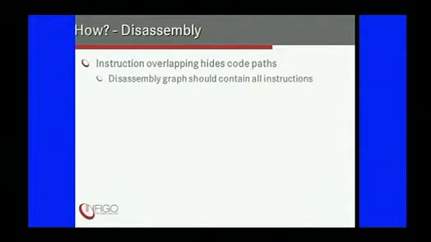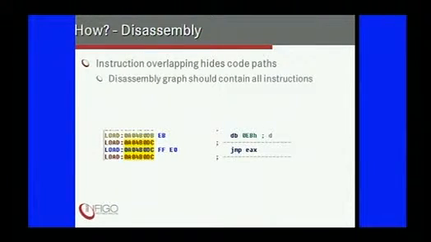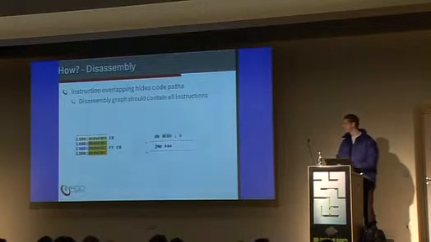Next thing is instruction overlapping. This assembly graph should contain all instructions. You're not only interested in instructions that are shown in this assembly view, but also the other instructions that are embedded inside this multi-byte opcode. This is the first screen. You can notice the jump that jumps into the middle of itself, and the rest of the code is hidden. The next step is to undefine this instruction and continue disassembling from the next opcode. In this case, this is the jump EAX.